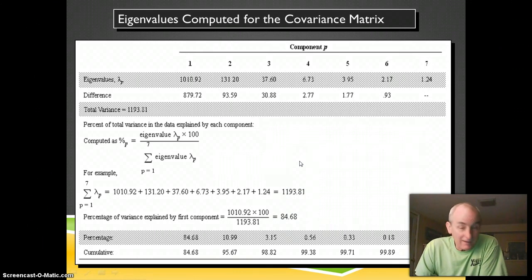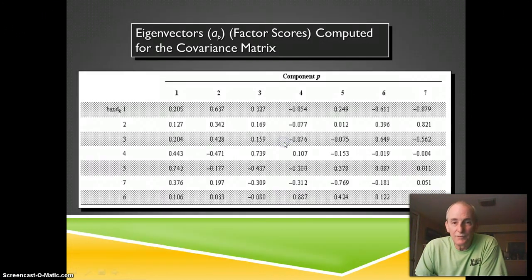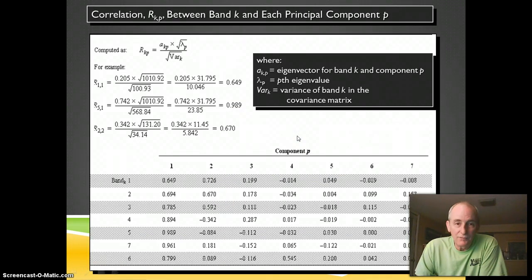So this data is highly correlated one to the other. The raw data is, but the components are not. That's part of the beauty of this kind of analysis. And again, these are eigenvectors that are computed for the covariance matrix. Again, this is another set of values that you get from the